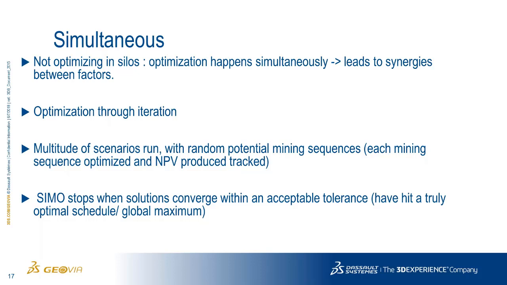Okay? Question obviously then is, when do we stop? So SIMO is going to stop when one of two things happen, okay? When either the maximum number of runs I've specified is eclipsed, and then we've said to stop. The other thing it may do is stop if we've converged within an acceptable tolerance. So what I mean is the solutions have started to group at the very top, and we'll see that in the next one. We can assume that we've hit a global maximum. So I'll show you an example set up on the next slide here.